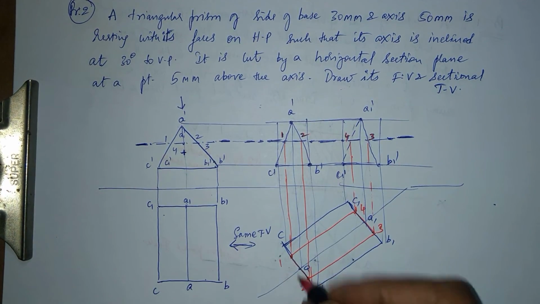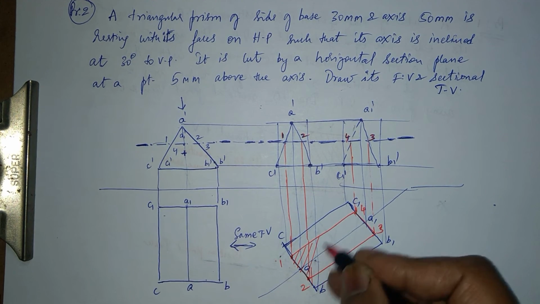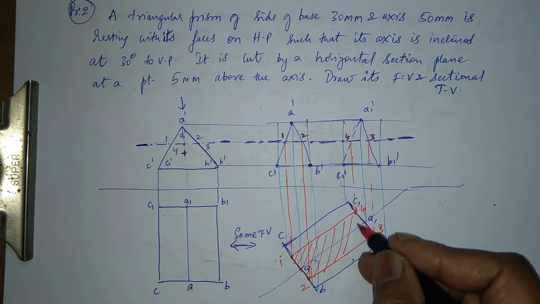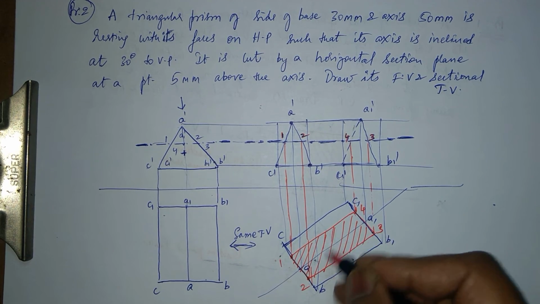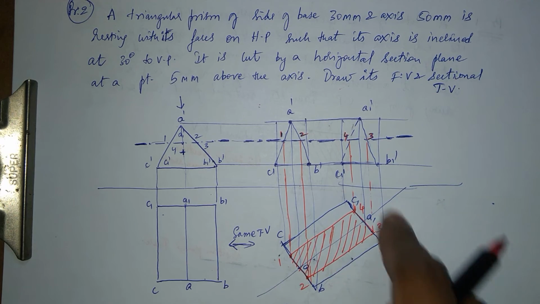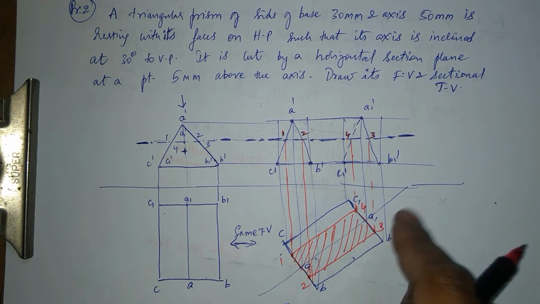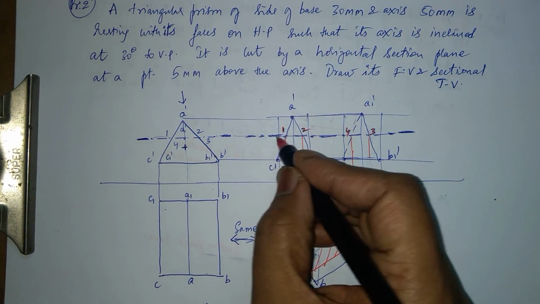You need to understand it. Now to this XY line, I'm drawing lines at 45 degrees. These are called the hatching lines. And then this remaining part of the solid along with the section is called the sectional top view. This complete thing is called the sectional top view. Okay, the A1 part is gone. So this part is removed.